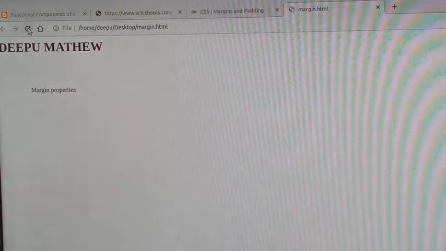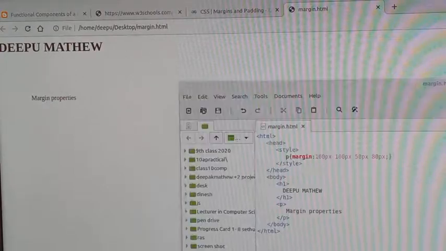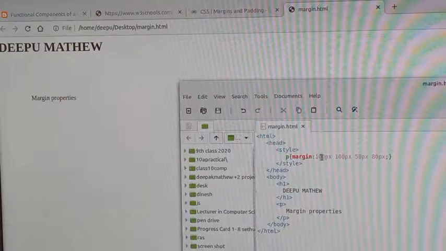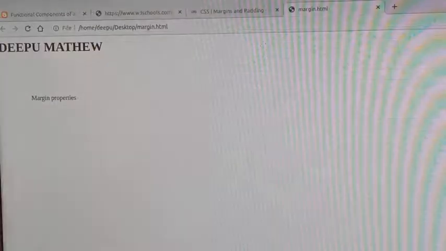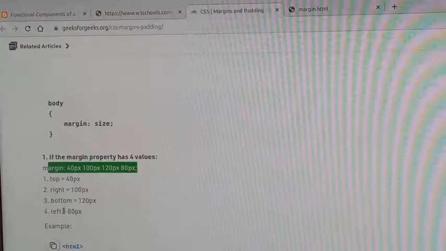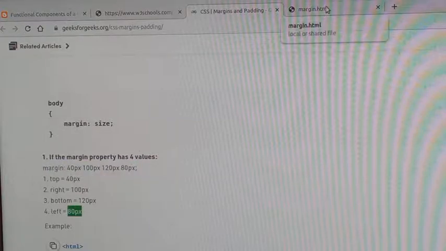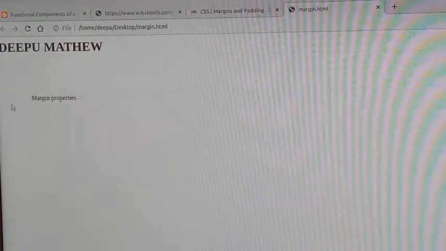So I just change this. Look at that, this area. The margin becomes more toward the downside only, because we have changed the top value only here. We can change the top value, and we can change the left value. Left means which parameter? Left is described here, and left means the last one. Left is 80px. So I change my left. Left means this area, so it changes this area.